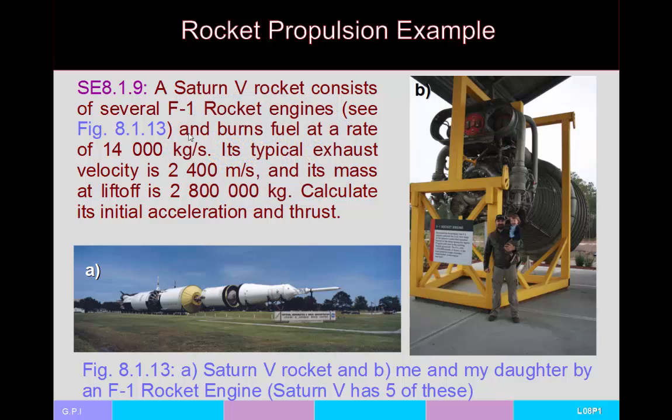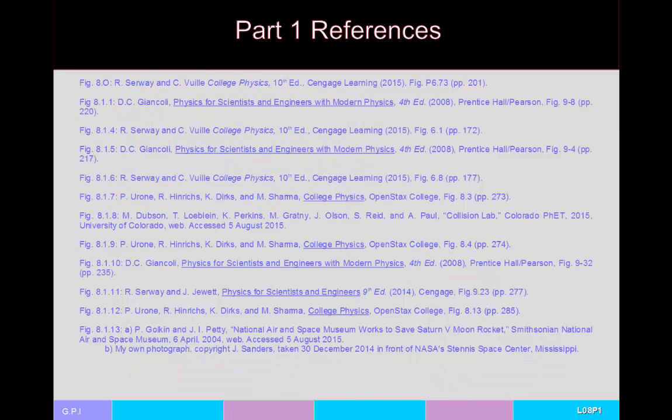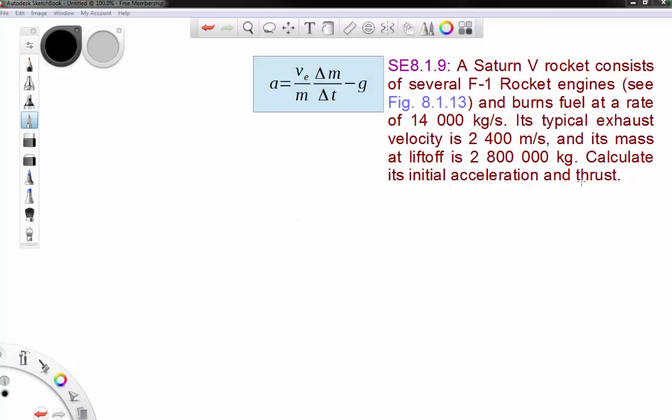In any case, let's say that we have a certain burn rate, a typical exhaust speed, and an initial mass. Let's figure out what the initial acceleration of this rocket is. We're calculating the initial acceleration and the thrust. So thrust was T, and that's actually this part of the equation. So let's do the acceleration first before I go circling everything in the equation. So the initial acceleration should be the